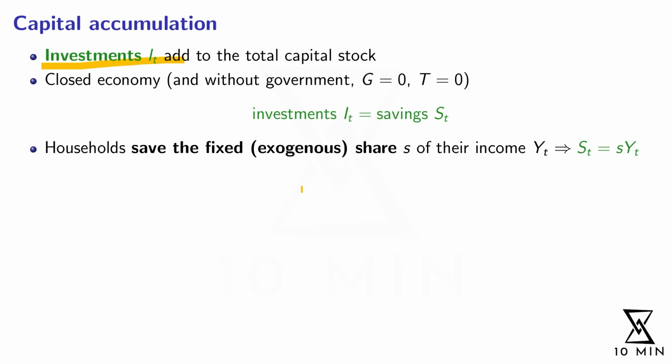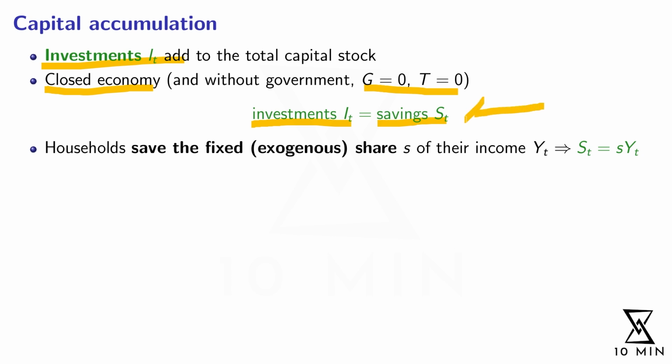So these new investments are added to our capital stock, to the number of machines that we have in the economy. In a closed economy, which we usually consider in the standard Solow model, where no capital can come from outside and without the government interfering, so there are no government expenditures, no taxes, the investment of the firm, so the demand for capital, must be equal to the supply of capital in the economy, and that's the savings.